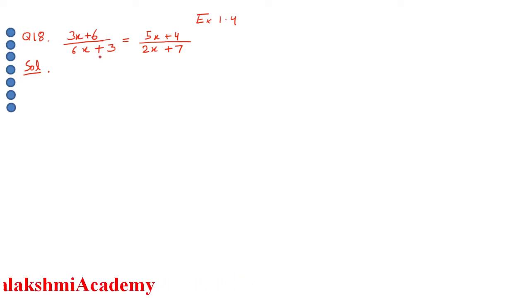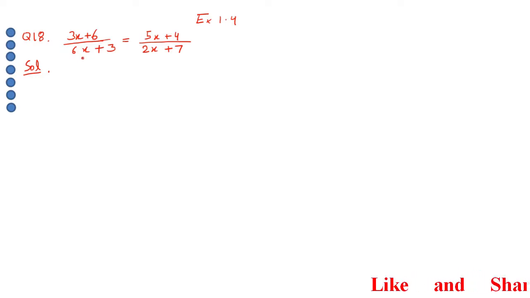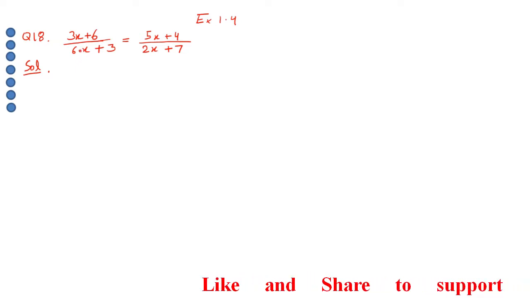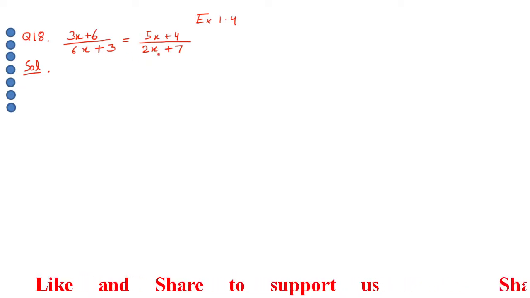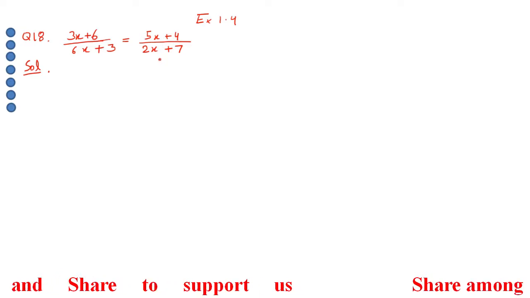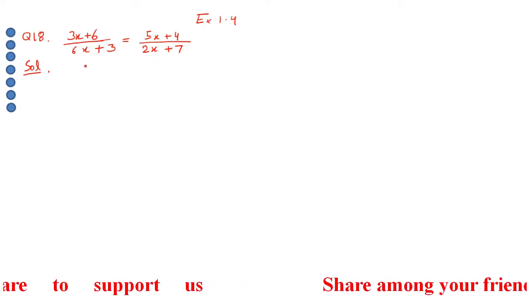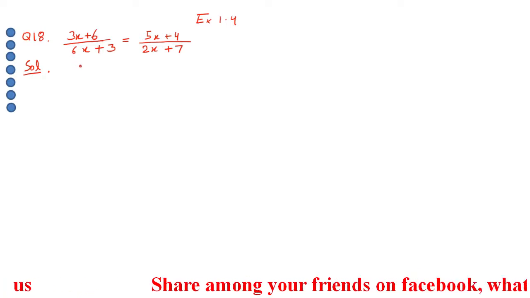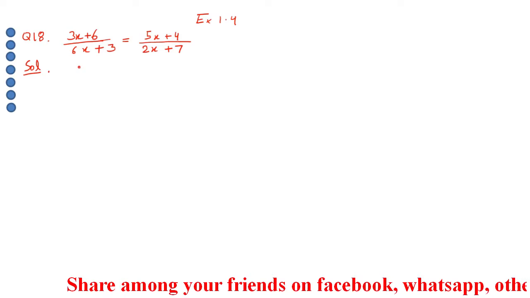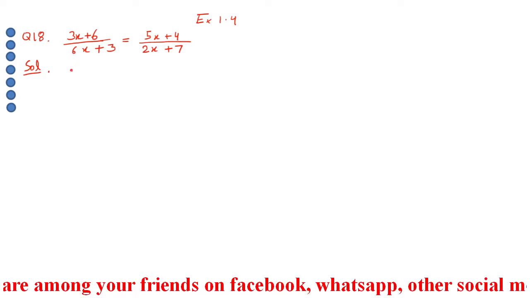Now we will move to the fifth meaning of the application. In the fifth meaning, we take the difference between the numerator and denominator of one fraction. When you find the difference, you just subtract them, so you will obtain 3x minus 3. In the same way, here you will obtain 3x minus 3. So the difference is also the same. The conclusion is that we have to show both meanings in this question, and we are going to obtain two answers for x. So I am doing that here.